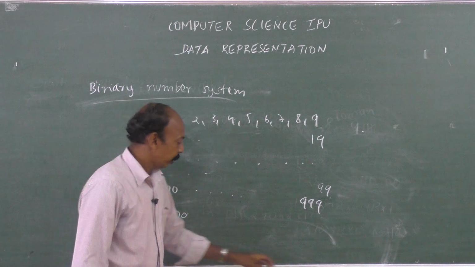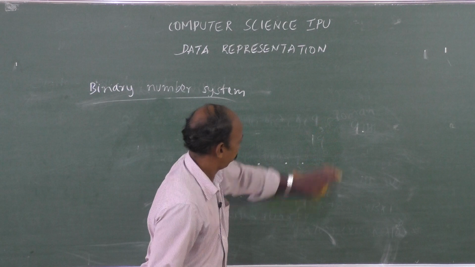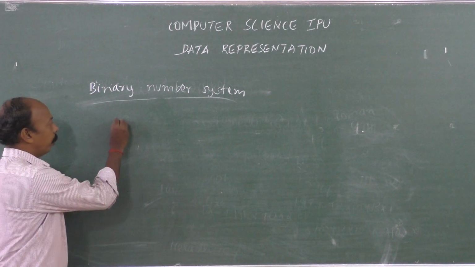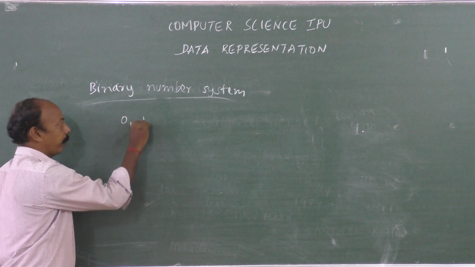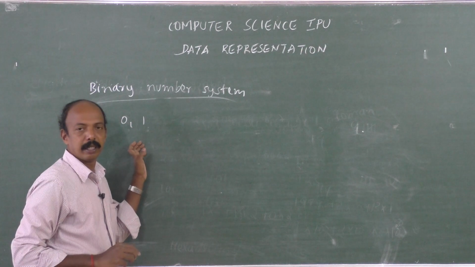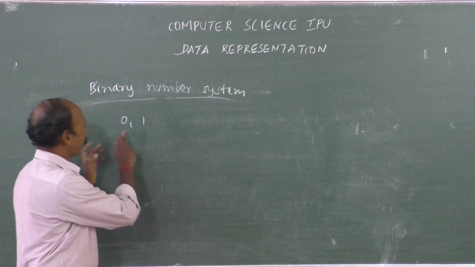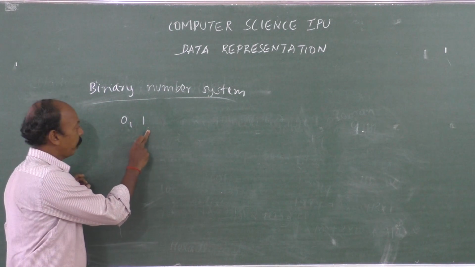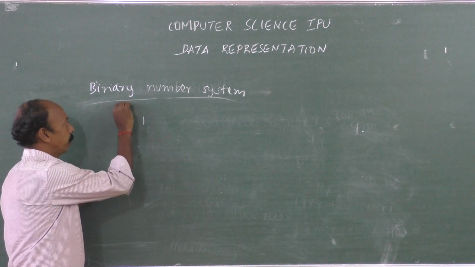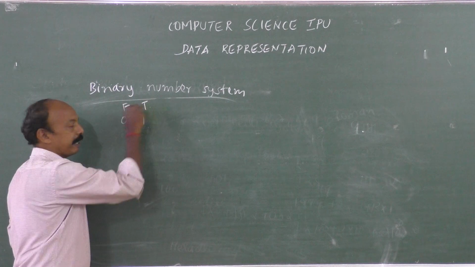right? So comparing the same with respect to binary number system, how many symbols we have here? Only two symbols, 0 and 1. What next? We don't have any other symbol, only two symbols, that's why it's called binary. This is off, this is on. We also call it false, 0 for false, we will write it as F sometimes. For 1 we will write it as T.